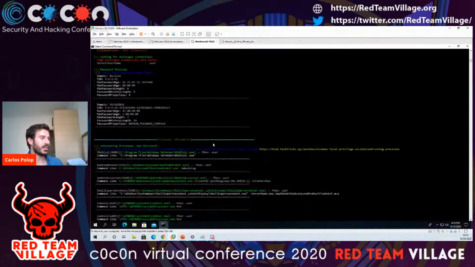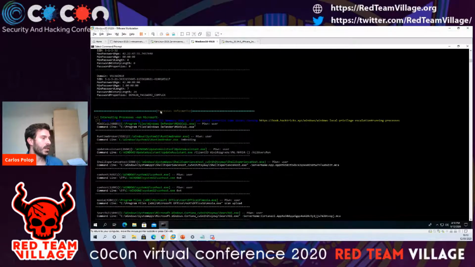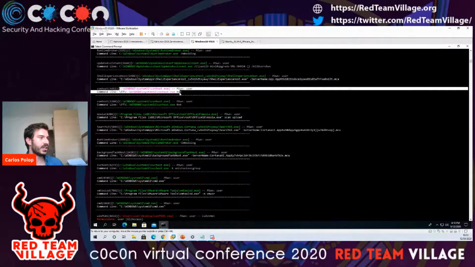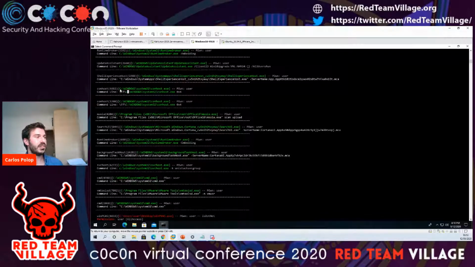So yeah, I really like that feature of WinPEAS, because it's always very, very useful. So then some process information. Here we can see all the processes that are running, all the binaries that are being run. If the path is in green, that means that you don't have any special permission over this